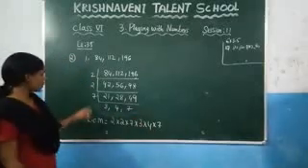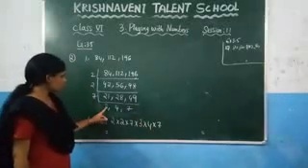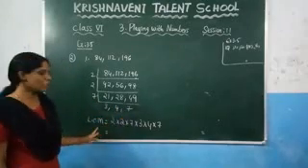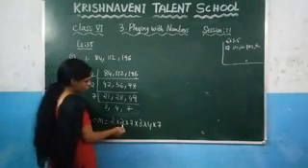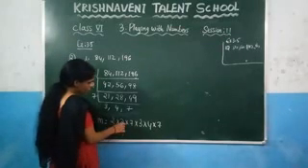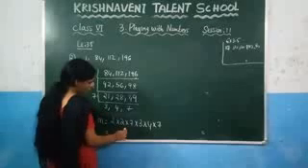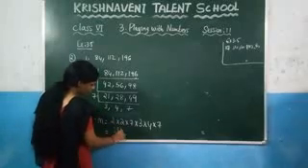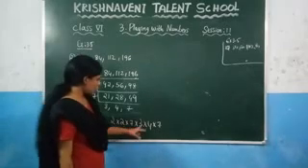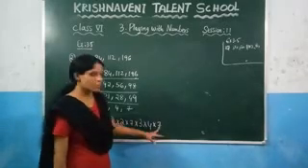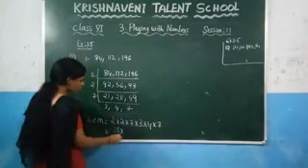Find it, what is the value here? 2 into 2 into 7 into 3 into 4 into 7. If you find, you will get the LCM of these values. So find it here. 2 2s are 4, and after that 4 7s are 28, and here 28. 2 2s are 4, 7 4s are 28, and here 4 3s are 12, 12 7s are 84. So you will get here